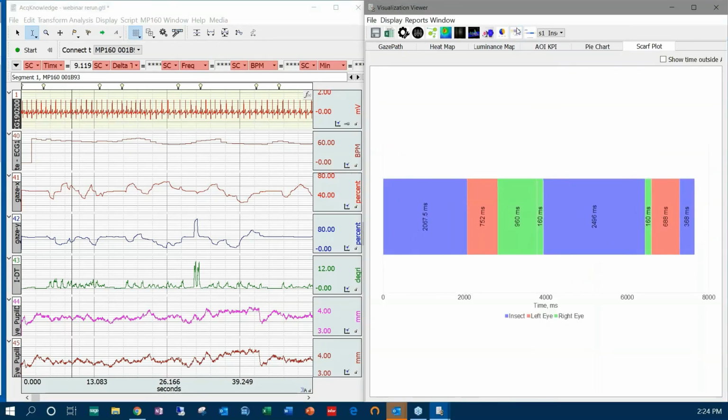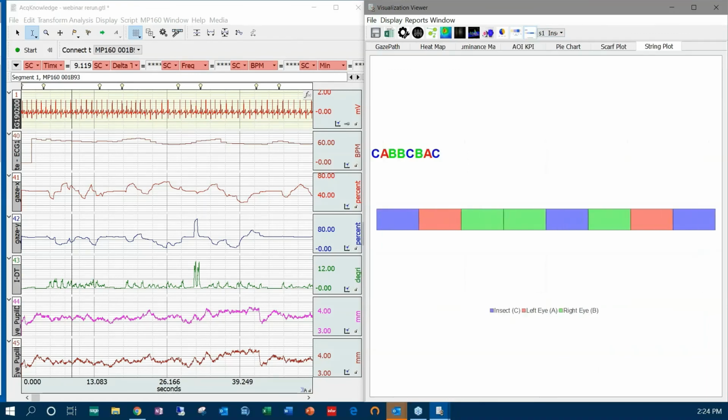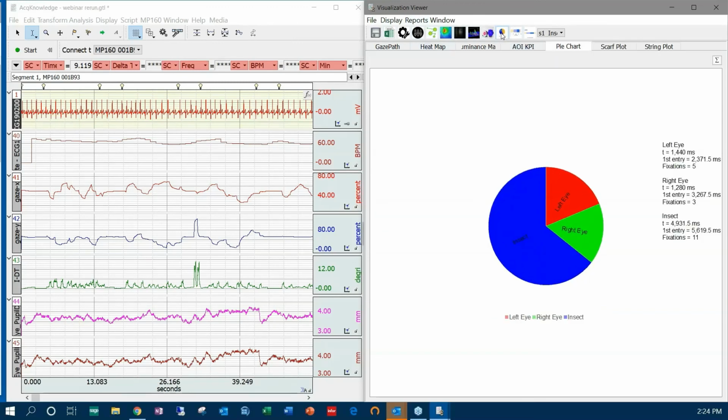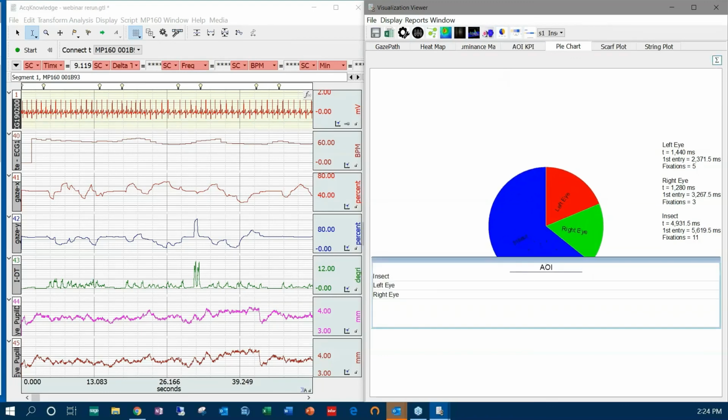This is the scarf plot. And then this is the string plot. So this is just the sequence that I moved across. And then finally, there are controls for each of these. The one thing I was going to do is if I come over here, we can put some measurements on and